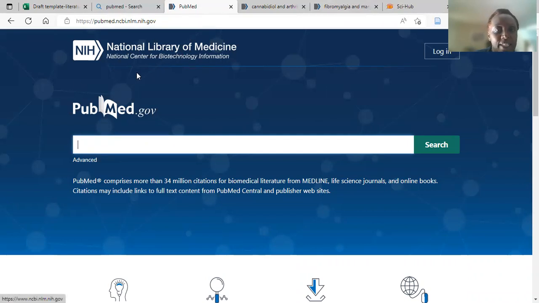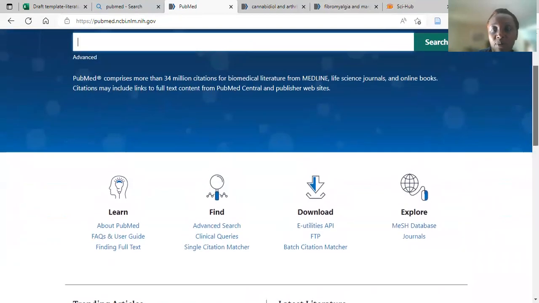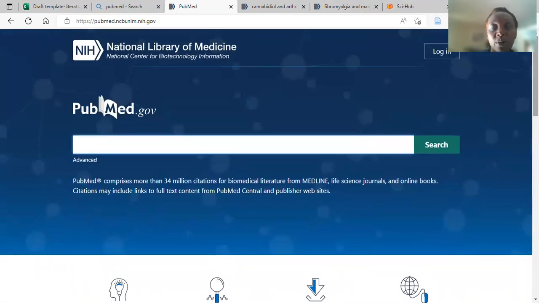National Library of Medicine, National Center for Biotechnology Information. So all published medical literature resides in this repository. You can search by name, you can search by paper, you can search by DOI, and I will show you shortly what you will be looking for. In this website, as you can see, you can find articles, both clinical and preclinical, so animal research and human research. You can do a lot more in there, but for today, we are just going to focus on